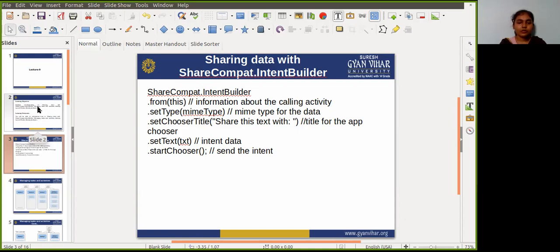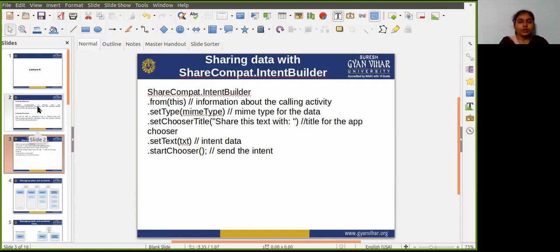So use the methods in ShareCompat.IntentBuilder to indicate the data you want to share, as well as many additional pieces of information. So start with the from method to create a new intent builder, and add new methods to add more data, and end with the startChooser method.